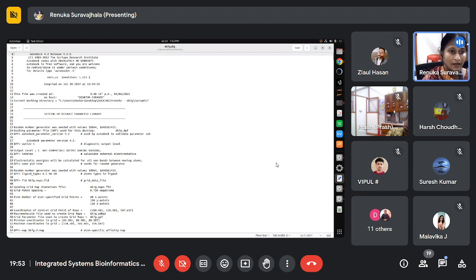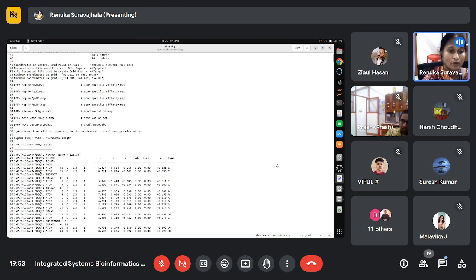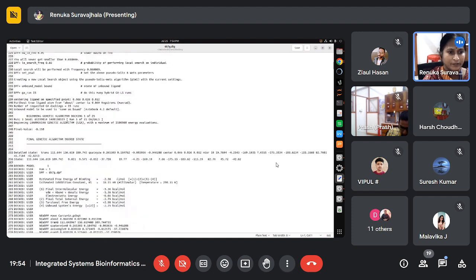Here you will have the data and all the information regarding the grid parameters, the xyz coordinates you have given, which helps when you are writing your methods and methodology, what kind of xyz coordinates you have given and what grid point spacing you have to give. And there are a lot of input files also. But apart from that, if you go a little bit down,